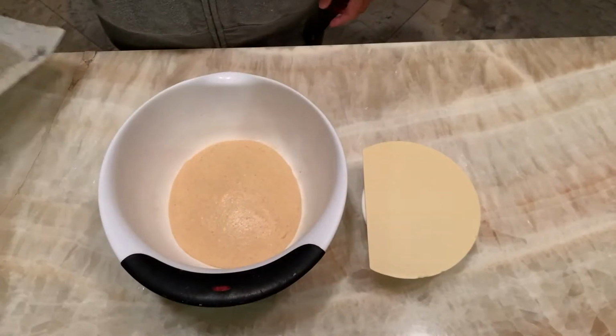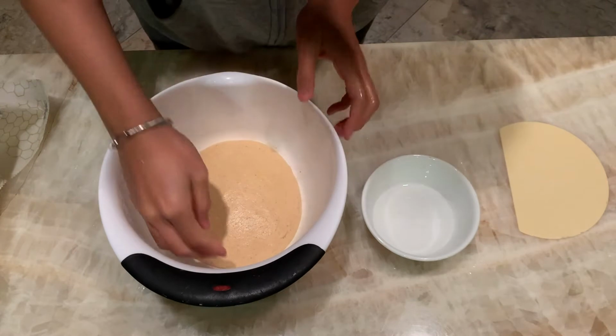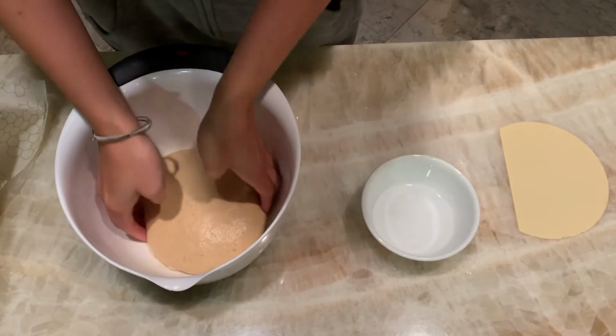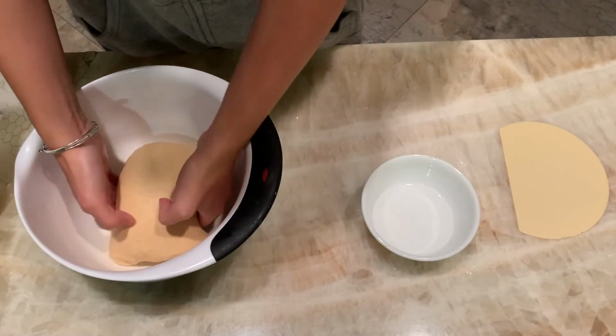The total bulk fermentation time for this dough ended up being 4.5 hours at around 70 degrees. To pre-shape, I gently loosen the dough from the sides of the bowl and give it a really gentle coil fold. Once I set it on the table, I just round it into a ball and let it rest for another